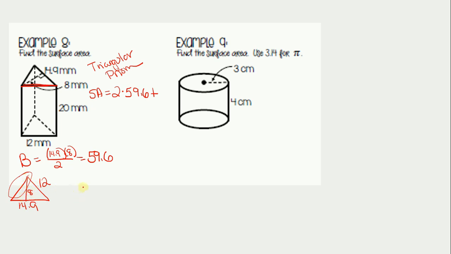Pythagorean theorem only works though on a right triangle. So let's cut that in half. I have height of 8, just looking on this side here. Height of 8, but it's not 14.9. I have a base of 7.45. That's 14.9 divided by 2, right? Because 14.9 is the full side, half of it's only 7.45. I want to find this side, so 7.45 squared plus 8 squared is equal to